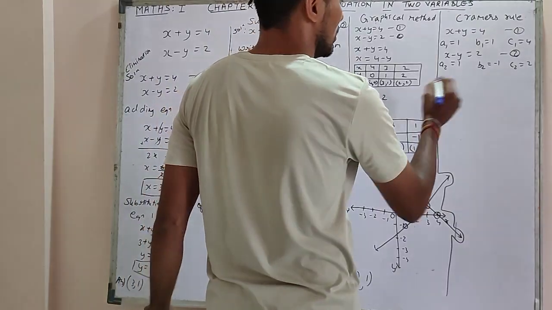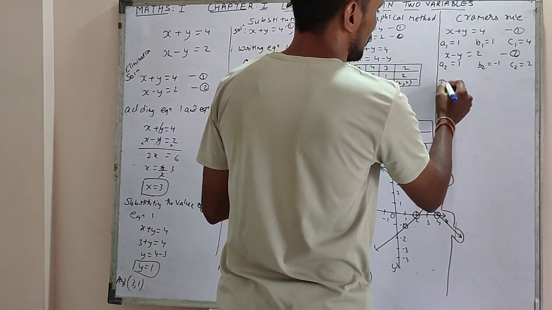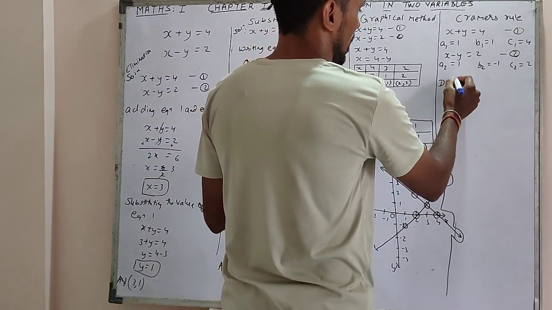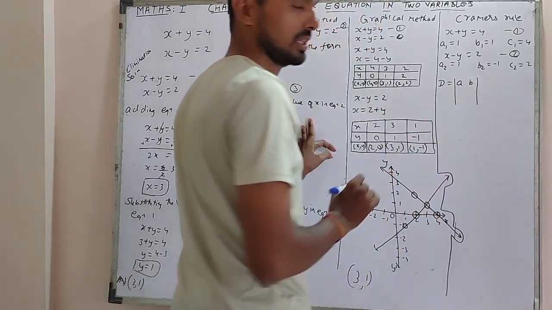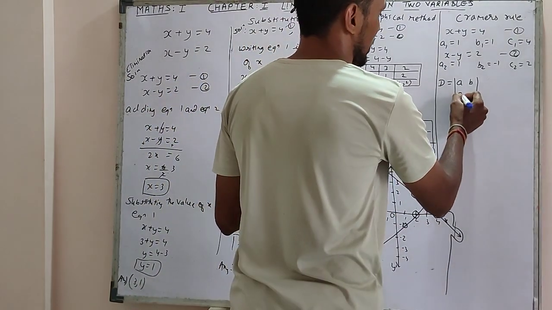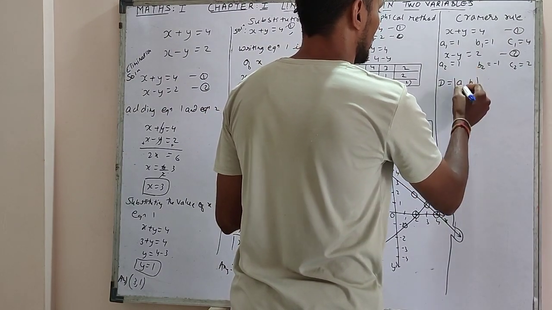Now, we are supposed to find out the value of D. So how do I remember D? It is Amitabh Bachchan. Dawn में Amitabh Bachchan था. I remember it in that way. So this is A, B, A, B.